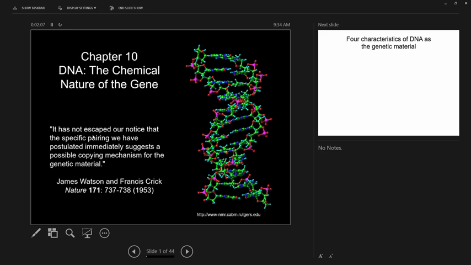So from the last part of the paper, this is the big deal. This is why solving the structure of DNA was so important. It says, "It has not escaped our notice that the specific pairing we have postulated, which means the A's pairing with the T's and the G's pairing with the C's, and as we'll see, the way that the two helices are intertwined with each other, the specific pairing we have postulated immediately suggests a possible copying mechanism for the genetic material,"